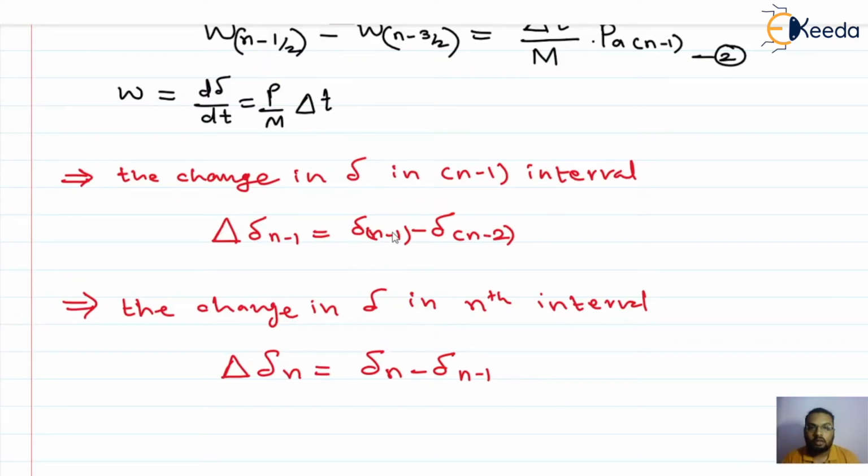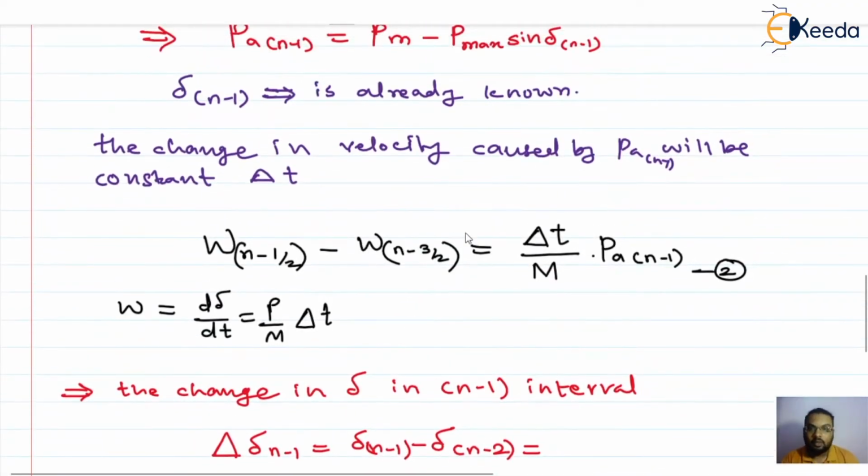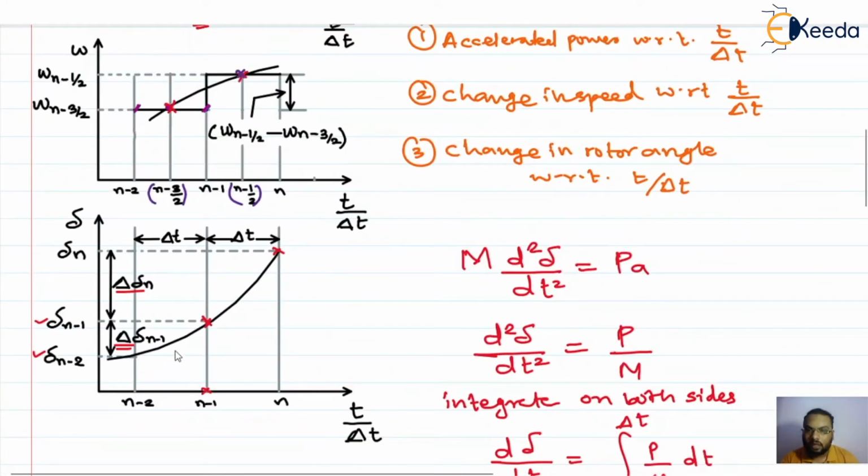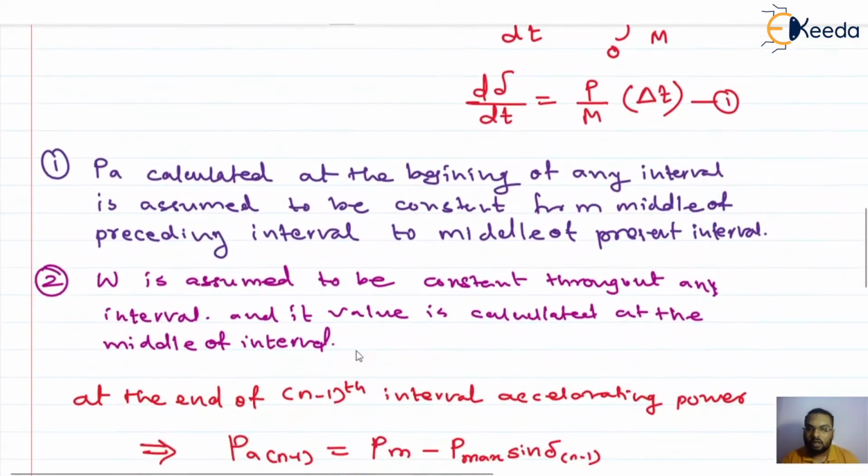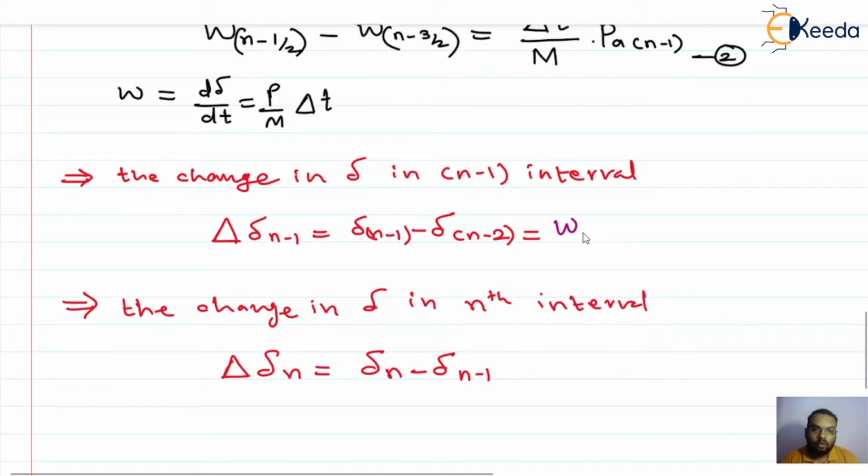Now here you see, this change in angle, the angle in the n minus 1th interval minus the angle in the n minus 2nd interval, happens in this time interval. The speed in this n minus 1th interval is supposed to be constant for this length, and that constant value of speed is nothing but omega n minus 3/2. So I can write the change as omega, that is the velocity in this interval,